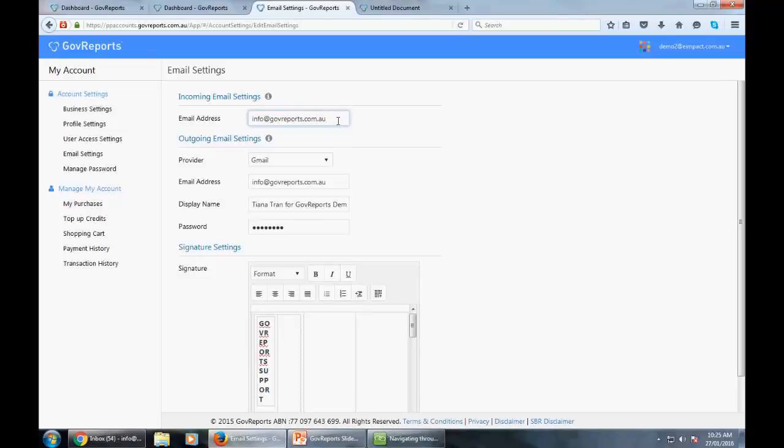Just simply go in, and that will be changed. Outgoing email is when you are sending emails out to clients or to yourself even. It's when you draft a report or you want to send a lodgement receipt to your clients or to yourself or someone else. This is where you change. Now,